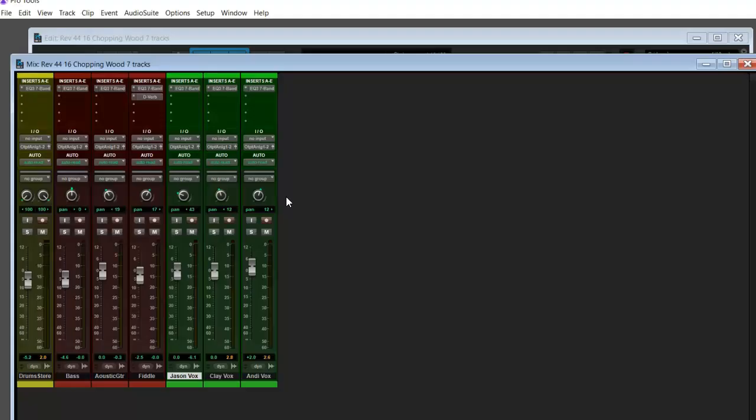You don't want to have things piling up on the sides, so make sure it's relatively balanced out. And then when you give it a listen,